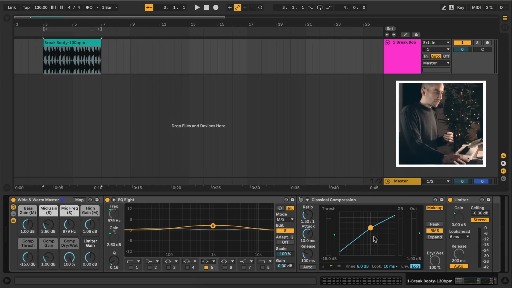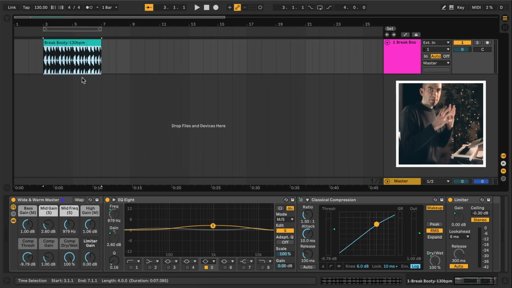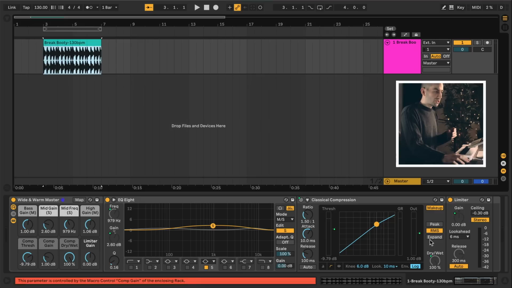Then I look at the compressor here and change its threshold to make sure that the gain reduction is not going too crazy, because, at least in this case, I don't want to over-compress my master, because then it's maybe a symptom that I didn't do something right in the mixing stage. So I would point to the more busy, hype part of the song and focus on that, making sure that it only has a little bit of gain reduction, so that the rest of the dynamics